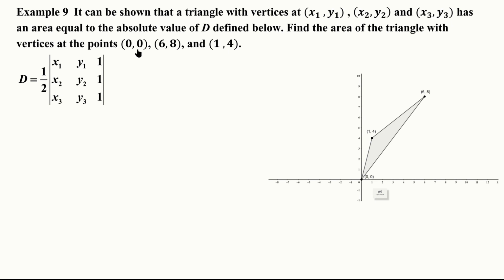Notice that the x1, y1, for example, will be the coordinates from this point. Pick whichever you like, but just to be systematic, from left to right, we'll use x2, y2 to replace these, and x3, y3 will be replaced with 1, 4. Okay, and we can just figure out the determinant, and that will give us the area. Try it and see what you do before you come back and watch the rest. So we get